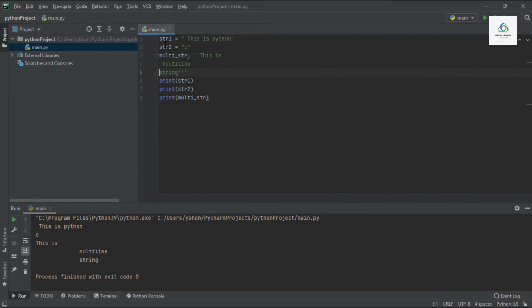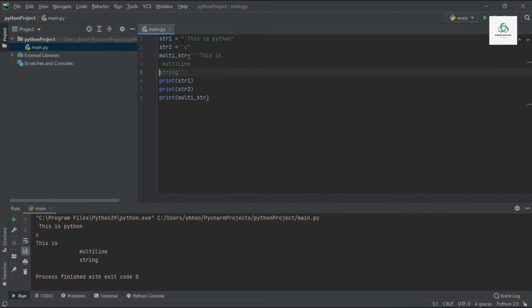I've written a program for string literals. Over here you can see I have assigned values. This is Python inside str1, C inside str2, and inside multi_str I have assigned the value, this is multi-line string.